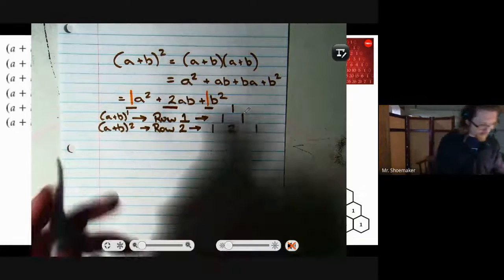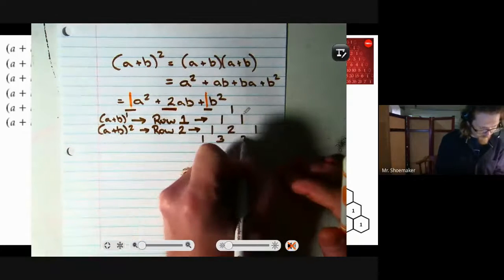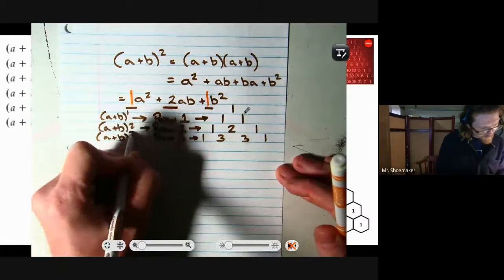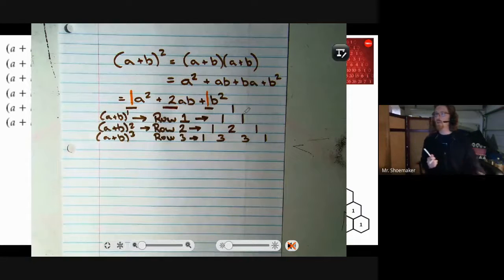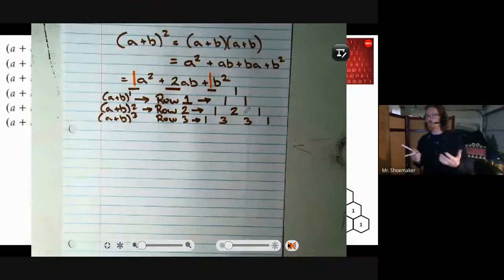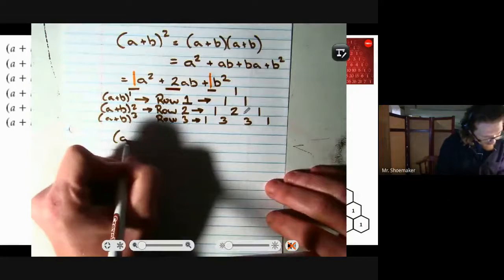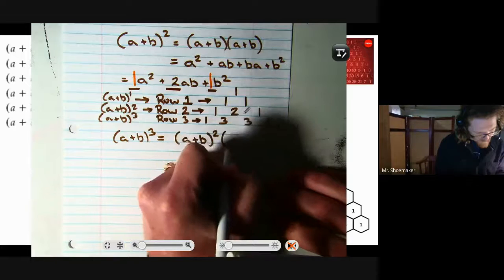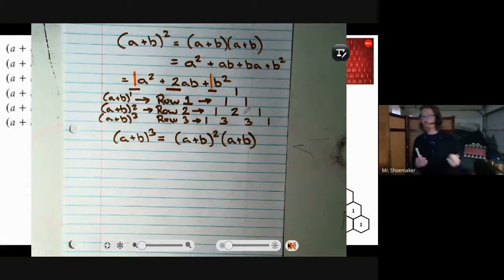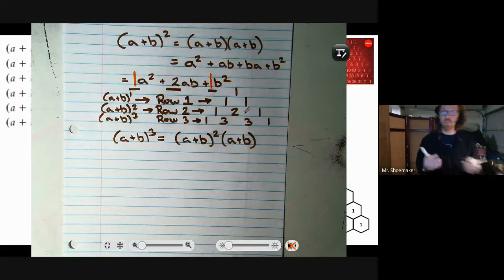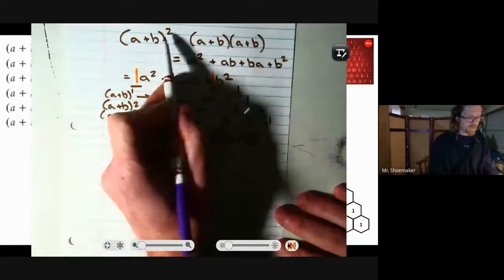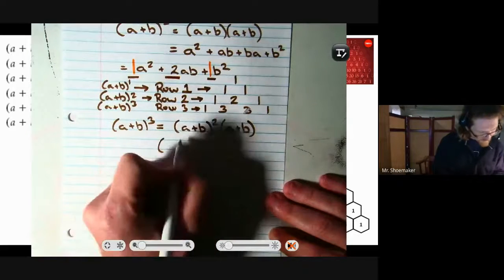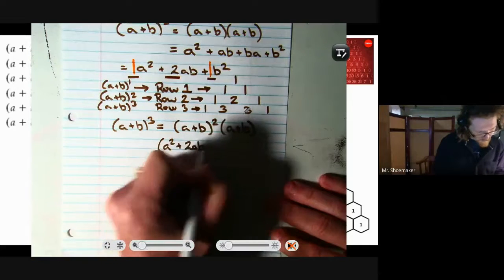Now the third row of Pascal's triangle is 1, 3, 3, 1. So if we follow this connection, it should set up that (a plus b) to the third power will be represented in Pascal's triangle row 1, 3, 3, 1. Well, let's take a look at (a plus b) to the third power. One thing that we can connect is (a plus b) to the third power is essentially the same thing as (a plus b) squared times another (a plus b). It's 3 of them, because if 2 of them can be written like this, and we already know the expansion of (a plus b) squared is a squared plus 2ab plus b squared,